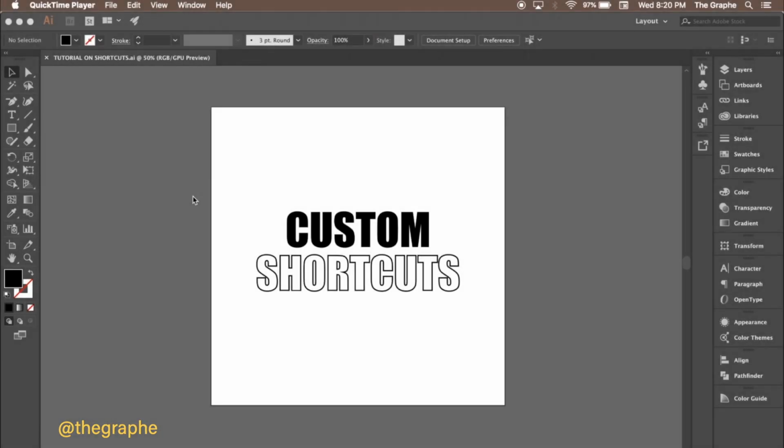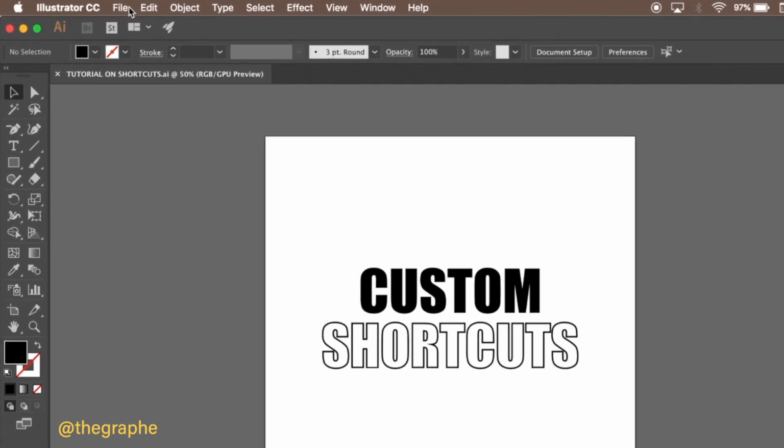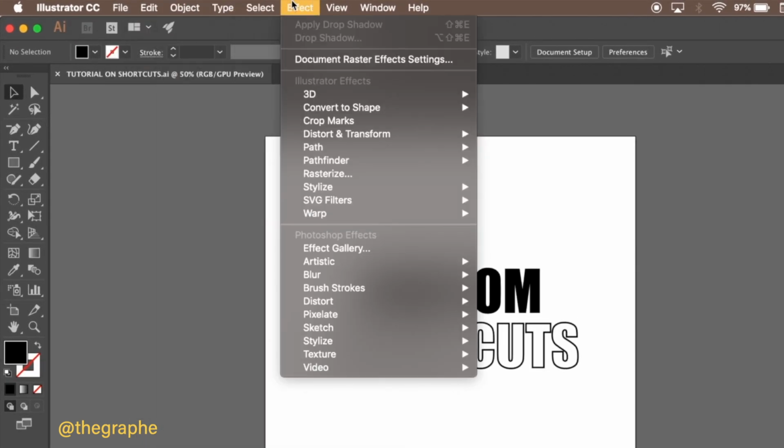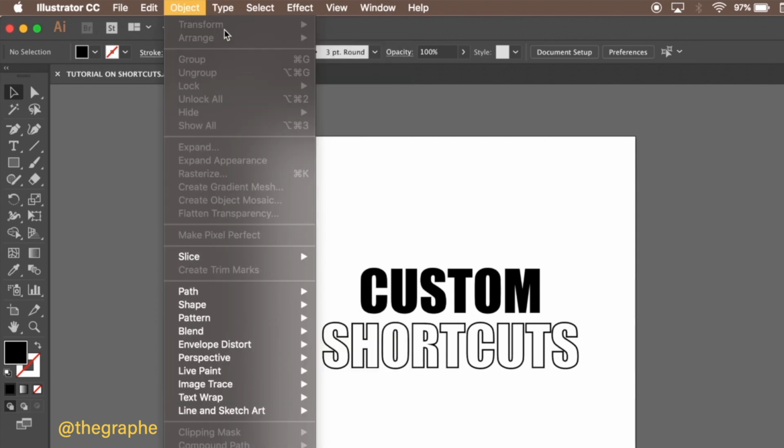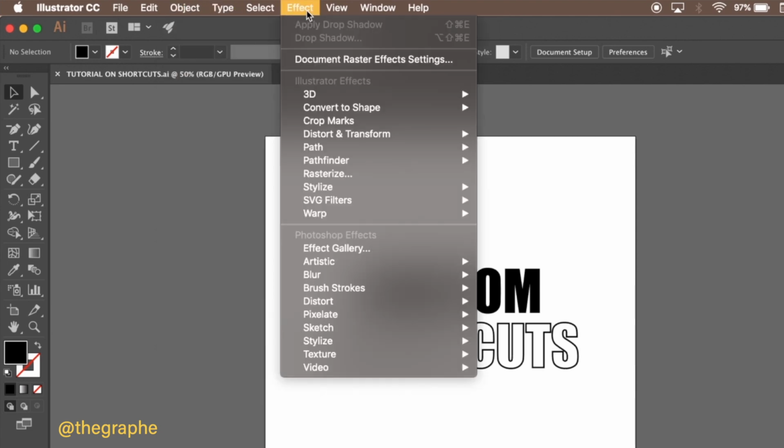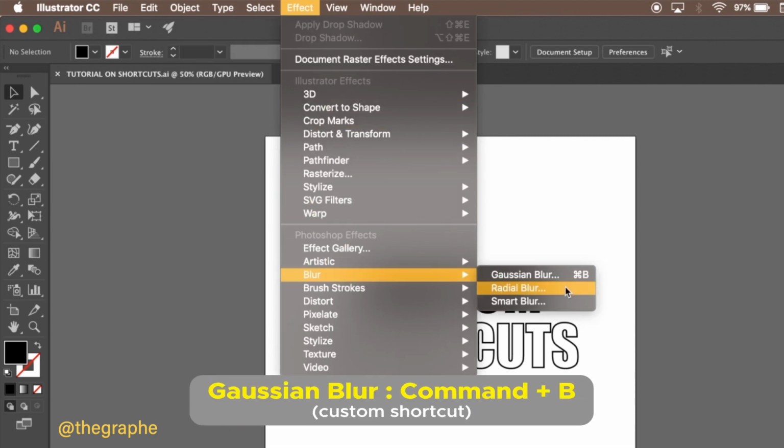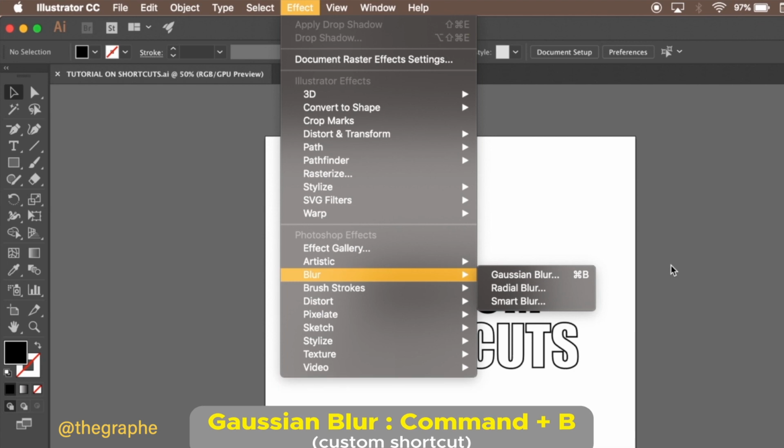Once you learn this software fluently, you will need to become fast and more efficient. And one of the best ways of doing that is by using keyboard shortcuts. If you scroll on the menu options, you will notice there are a lot of shortcut options already programmed. One of which I have been using currently is the Gaussian blur shortcut. Now that I have added one according to my convenience, so that instead of going all the way to the effects section to blur and Gaussian blur, I would rather click Command or Control and press B.